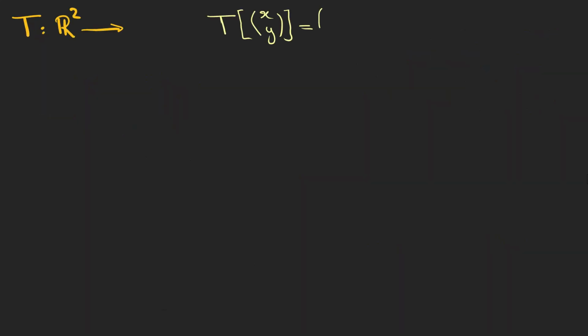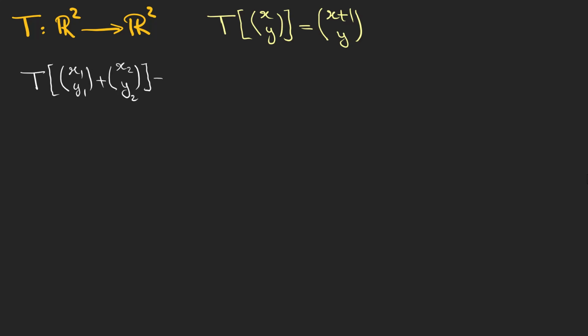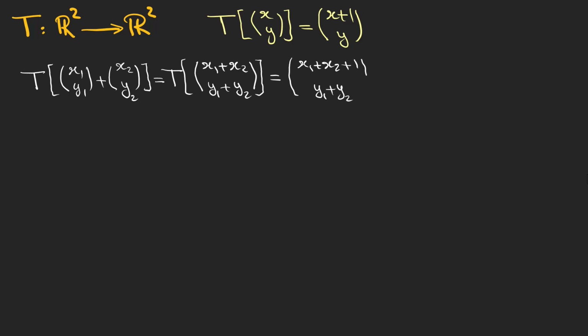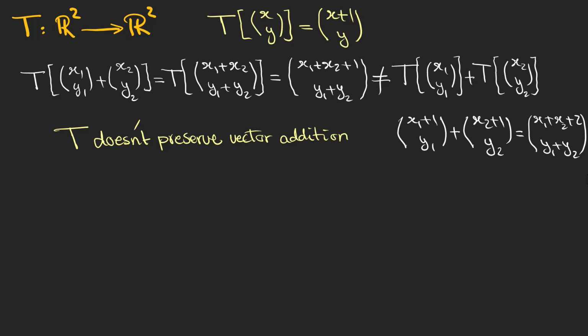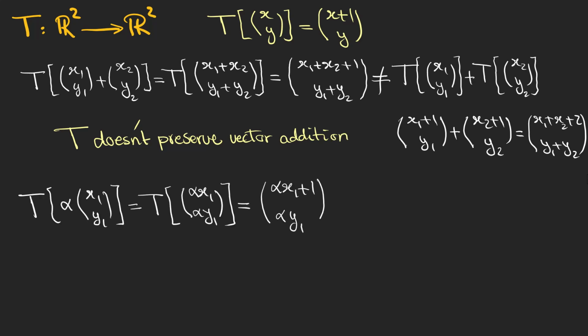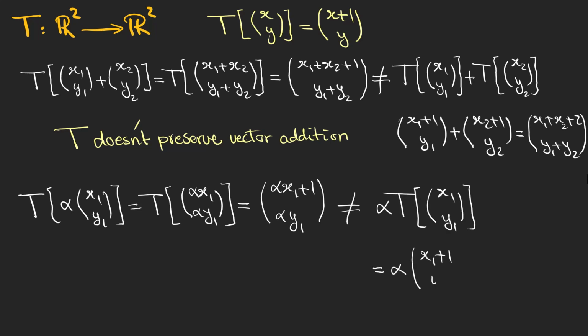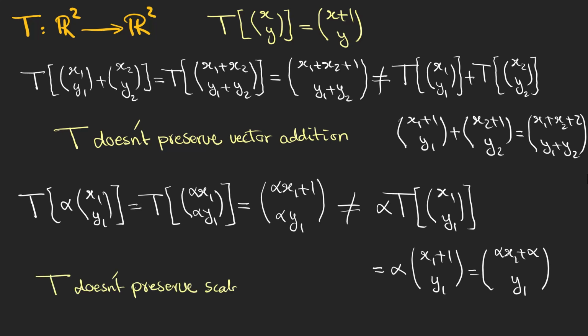Now, let's see an example which is not a linear transformation and see what happens. If we add two vectors and then transform it using this nonlinear transformation, we get this column matrix. As you can see, we get a different result if we first transform the two vectors and then add them. So this transformation doesn't preserve vector addition. Also, if we multiply a vector with a real number and then transform it under this transformation, we get a different result as transforming a vector and then multiplying it with a scalar, which shows that this transformation doesn't preserve